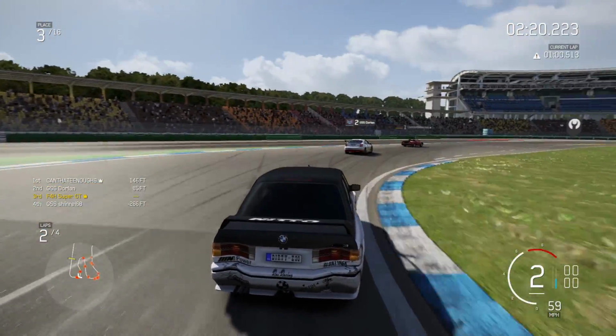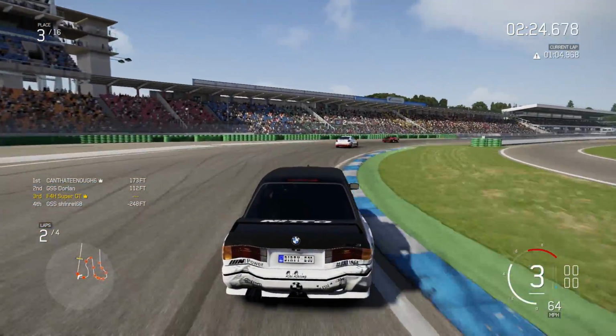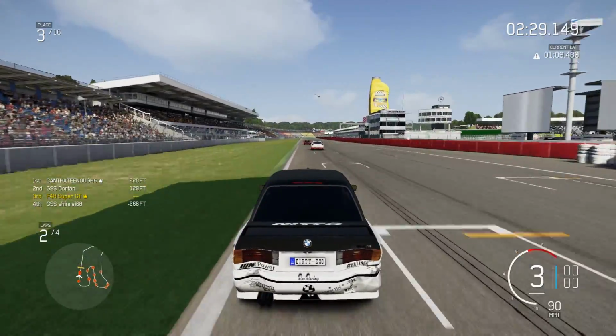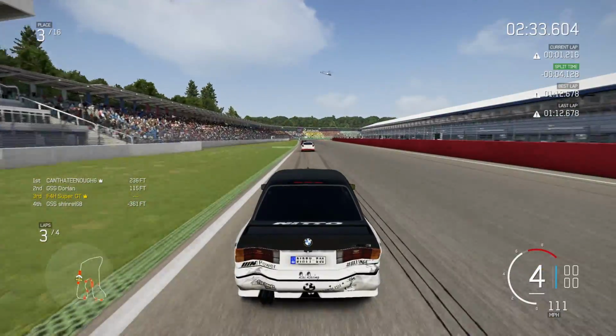So you can see here, actually it's a very kind of evenly matched race at the front. I haven't had the best final sector there. The Celica's actually got away from me, but we do know here the strength of my car is on the straight. So down this main straight I will start to reel him in again,